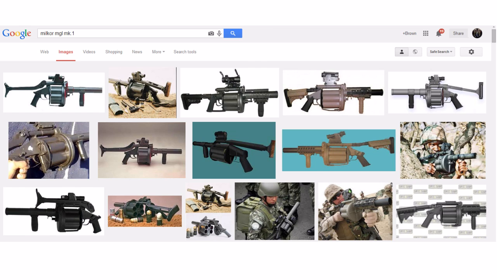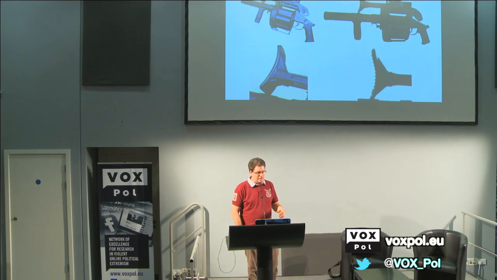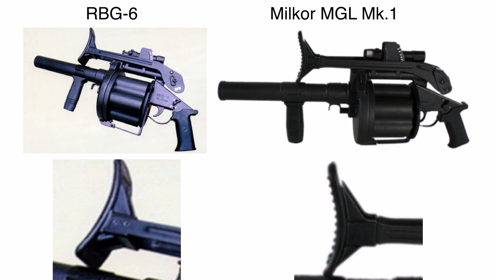So what I started doing is looking for reference images. So I just went to Google Images and started searching through until I could find one where I could compare them. So here we've got both of them. They're virtually identical, but there are a couple of small differences. You can see on the RBG-6, on the handle, there's actually 2 bolts that aren't present on the Milkor MGL